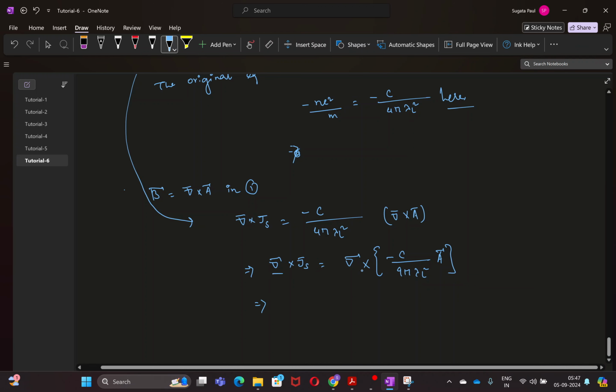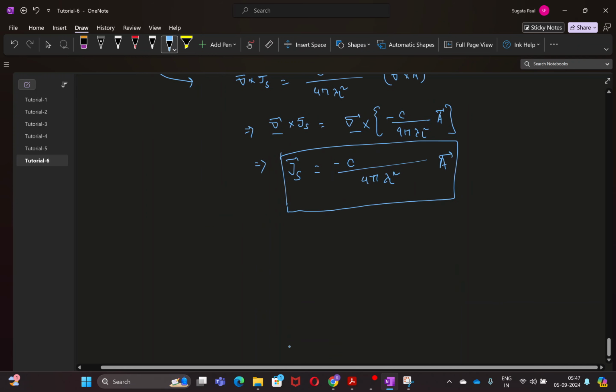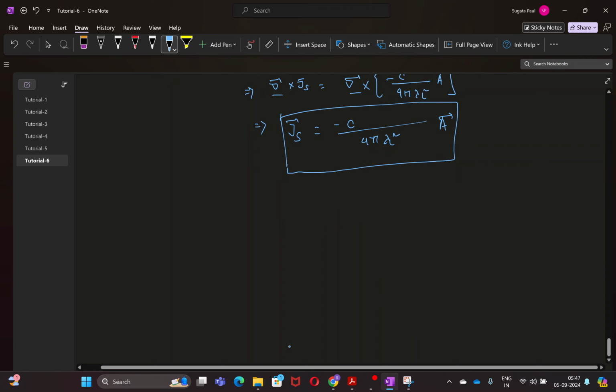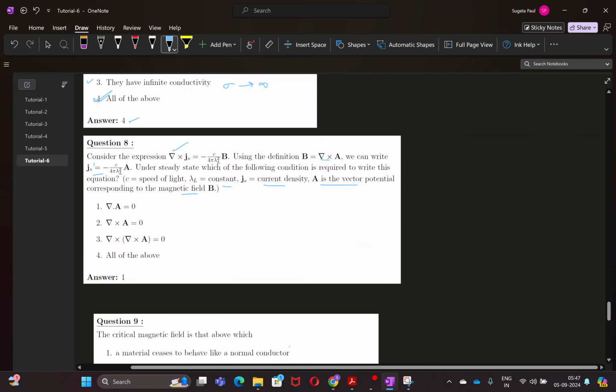We can get rid of the curl from both the sides, and then we are only left with J is equal to minus C by 4 pi lambda L squared A vector. So this Js vector is basically the superconducting current density, or in other terms it is also known as spinning current density, and it is related to the vector potential like this. Okay, so then it is asked that